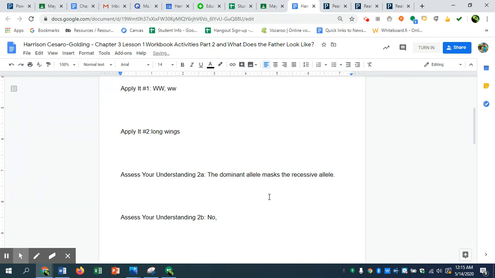If it's short, it's going to be, you don't have to write this down, lowercase t, lowercase t. The only way you're going to be tall is if you have that capital T allele. You could be capital T capital T, which is a purebred tall. You could be capital T lowercase t, which is a hybrid, but you're tall. But if you're two lowercase t's, you have the only recessive alleles. So no, because